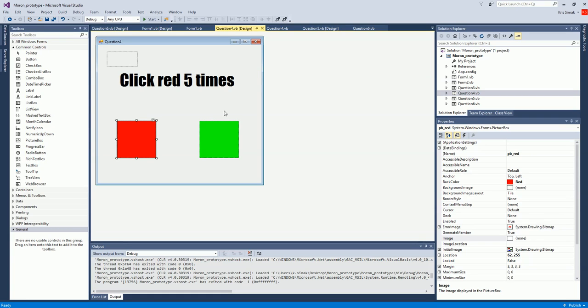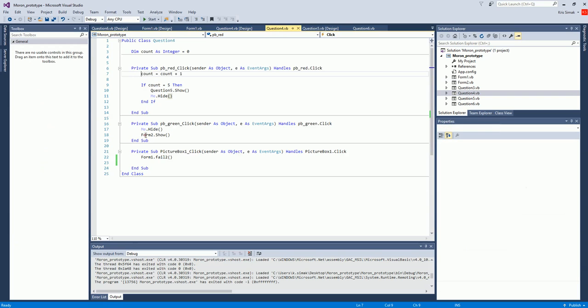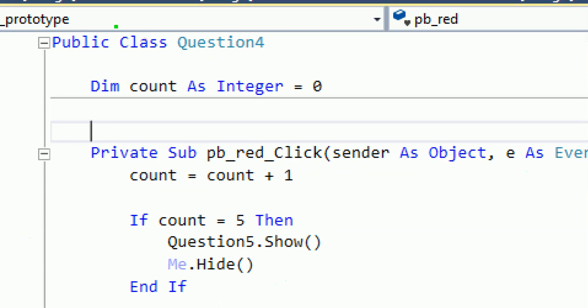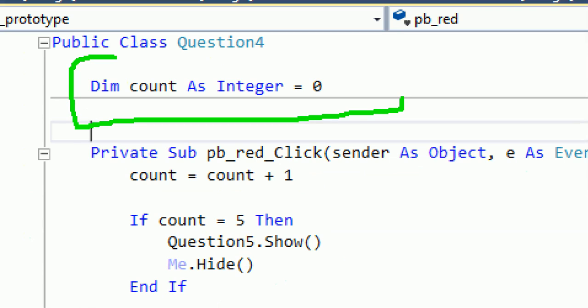And this time it's very, very easy. I just wanted to show you how to initialize a count variable and then how to increment a count variable and make it do something. So here's something real simple. Click red 5 times, and when I double click my box, this is how I started my count variable. Dim count as integer. This is a way of initializing a